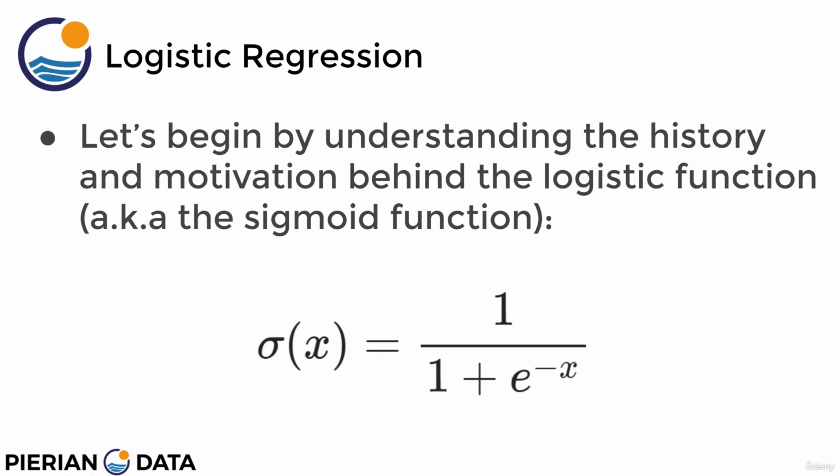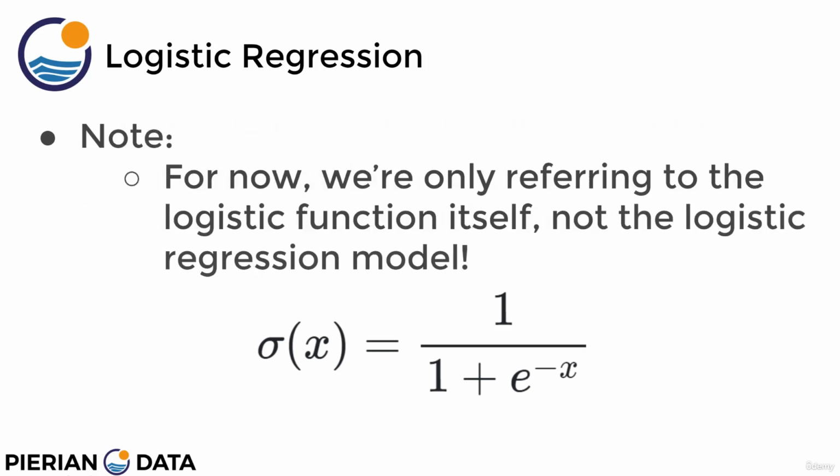function. And the sigmoid function or logistic function simply takes in a value of x and then outputs 1 over 1 plus e to the negative x. And we'll soon learn that this has many advantages for us as we begin to discuss the machine learning classification model that is going to transform linear regression to a classification model using logistic regression. To be clear though, you should note that right now we're just referring to the logistic function itself, not the full logistic regression model. So this history that we're about to discuss is just referring to this logistic function, this